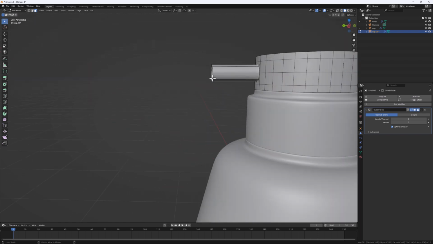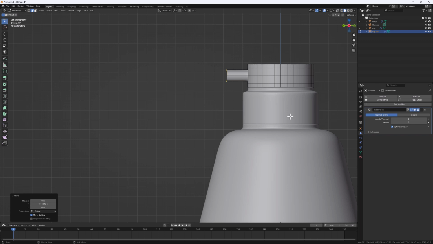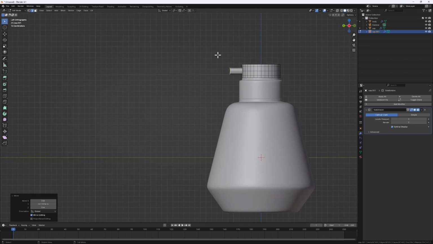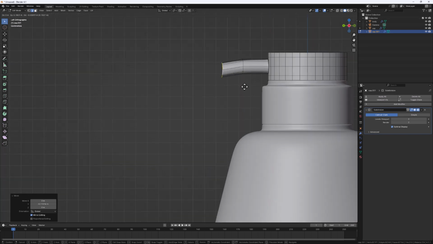So let's alt click, make sure we have our edge select mode active. Let's alt click, and then we can do G on the Y axis to bring it back like this. Let's go to our front view by hitting this, and then we can do E to extrude it once again, and then R to rotate it down, and then G to bring it down